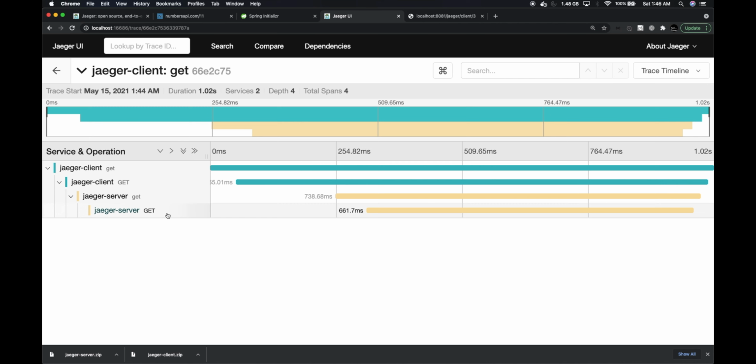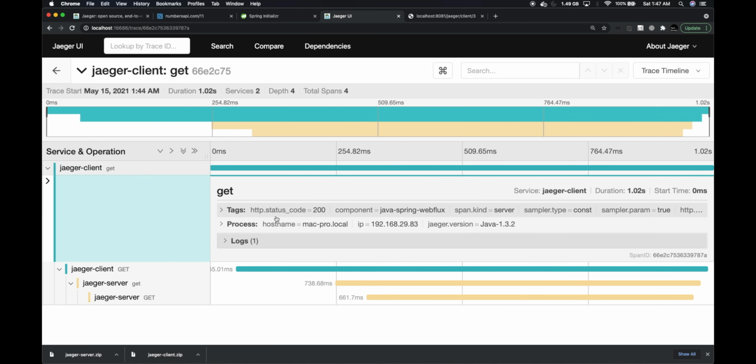So this is how you can leverage Spring Boot with Jaeger for distributed tracing. There are a lot of features provided by Jaeger. I'm not showing every one of them, but you can leverage it for identifying what issues are present and how long your service is going to take. For example, this service took 1 second. If you want to reduce this to less than 1 second, you can easily identify where things are going wrong. We are doing multiple hops and connecting to a third-party API, so we need to see how much time the third-party API is taking, which is the 600 milliseconds. And that's why it took longer.